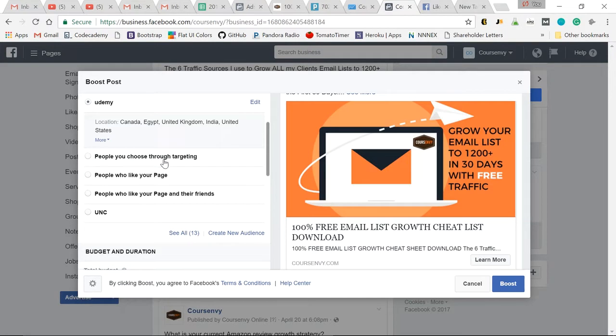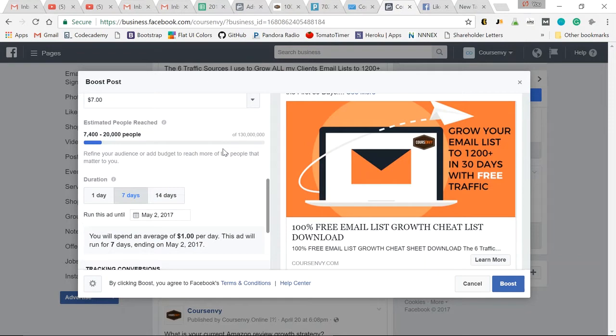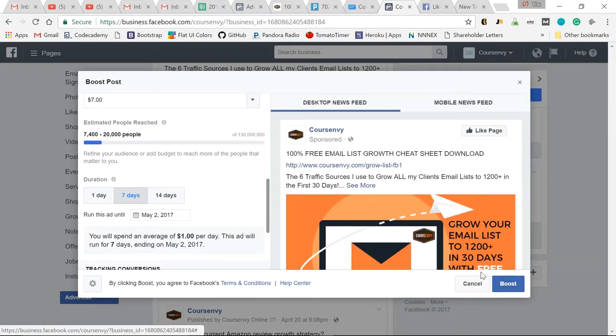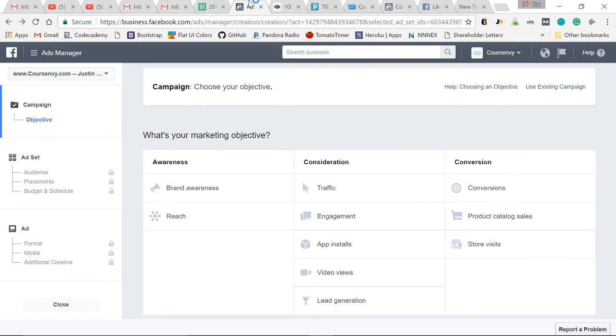But if I'm doing a full out build with a new audience, budget, varying, I don't like to use this shortcut template because I like the full layout and full features I see within the ads manager. So again, boosted post if I'm just doing a quick boost to all the people who like my page. Set my budget, set my duration, boom, let's post it, right? But I want to walk you through the full ads manager way. So let's cancel this promotion, go to ads manager, engagement,